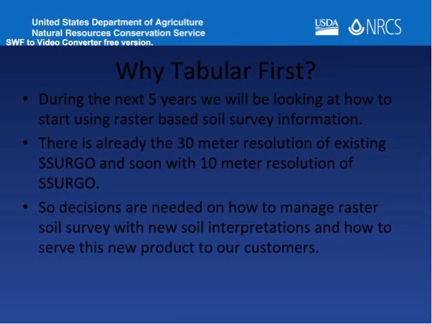And the purpose of that product is to deliver to the soil survey offices for use in analyzing map unit properties and map unit interpretations, to be able to identify these issues that we've pointed out and how we can reconcile the map unit names and how we can recorrelate some of the map units. Some of these decisions that need to be made need to be made on a raster product because it draws faster than the vector products. And ultimately, when we've got this raster perfected, that will be one of the new products that we will be delivering out to our customers, a raster based